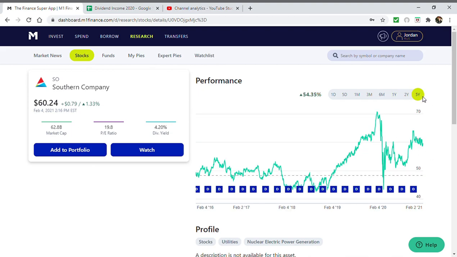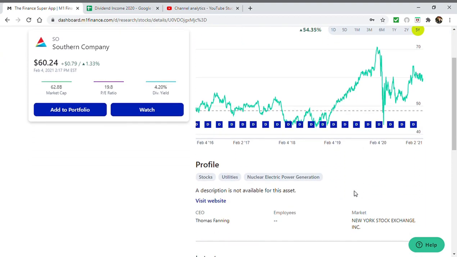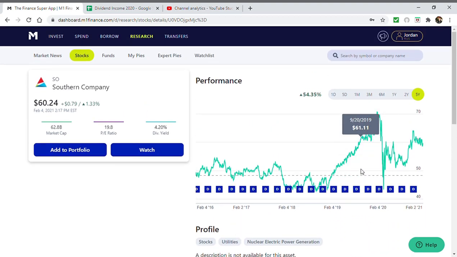company is going to be able to maintain its revenue and profits because they're government regulated. They have contracts that are sometimes decades out into the future, and as Southern Company continues to provide natural gas and electricity to its customers, it will slowly raise revenues over time. It will raise its prices and increase revenues as its customers pay more for its utilities, and basically as a shareholder, you're going to be able to get a massive yield of over 4% just to own the